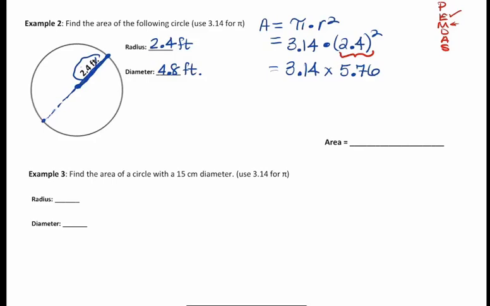Now, I didn't say to round these or anything, but sometimes the answer for this one comes out to be a long decimal. But I'm going to write the whole thing because it doesn't tell us to round. So 18.08